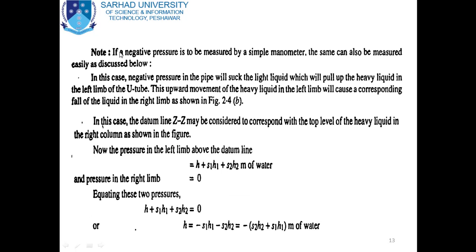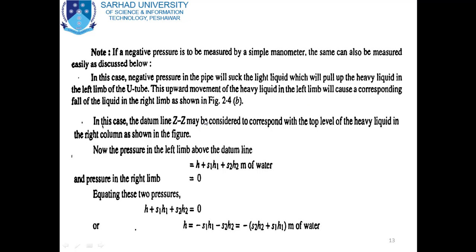Note, if a negative pressure is to be measured by a simple manometer, it can also be measured easily as discussed below. As we already studied, manometers are used for measuring high pressure as well as negative pressure. So now we will see how negative pressure is measured with the help of a manometer. In this case, negative pressure in the pipe will suck the light liquid, which will pull up the heavy liquid in the left limb of the U-tube. This upward movement of the heavy liquid in the left limb will cause a corresponding fall of the heavy liquid in the right limb,